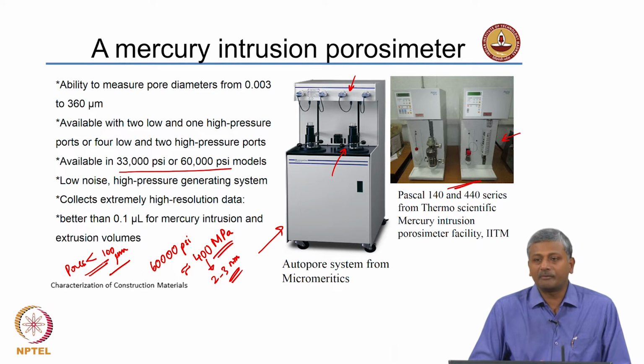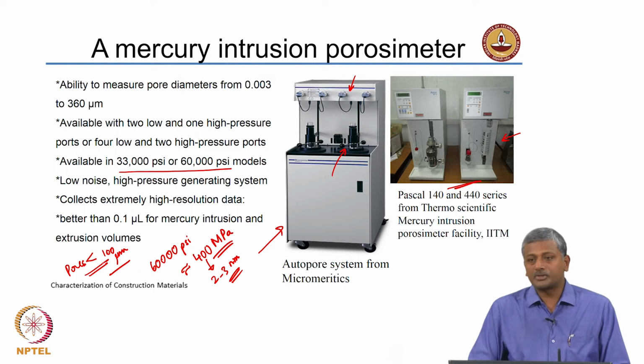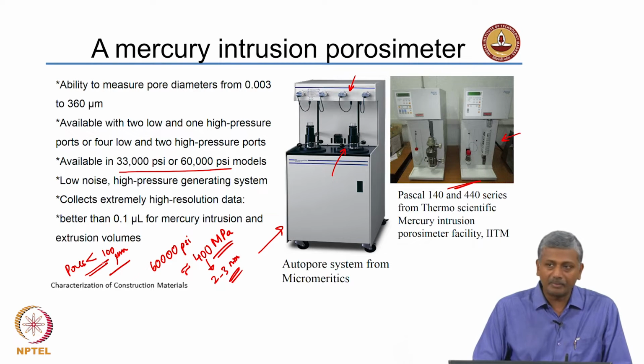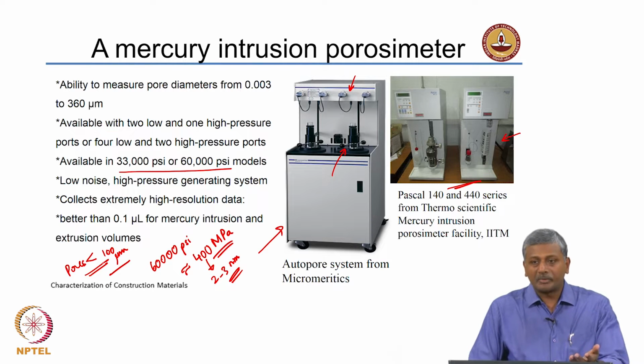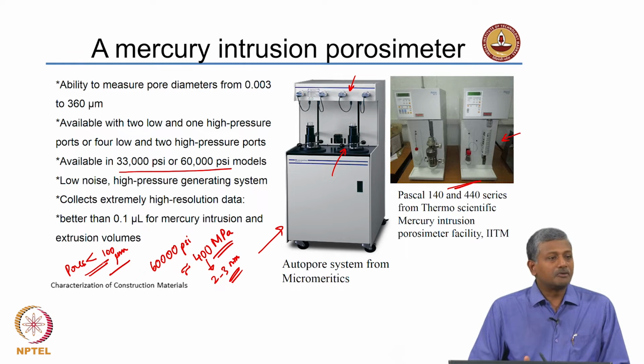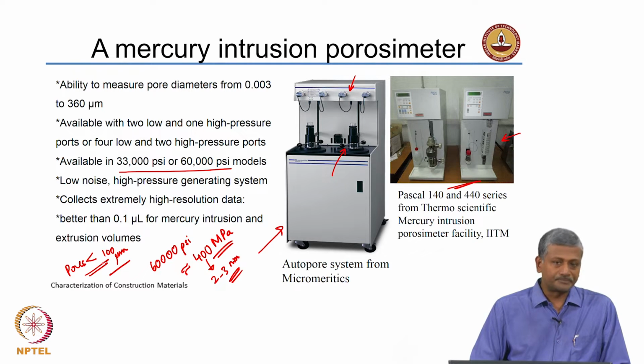So, please remember, when you have to determine pore size, there are macro techniques, as we discussed earlier, based on simple water absorption principles. Of course, that does not determine the actual pore size, but it at least determines the rate of absorption. However, if you want pore characteristics of less than 100 micron in diameter, you need to adopt microscopic techniques, which can probably get you down to about 1 micron or some tenths of microns. But if you want to get in the nanometer size range, you are talking about using mercury intrusion porosimetry.